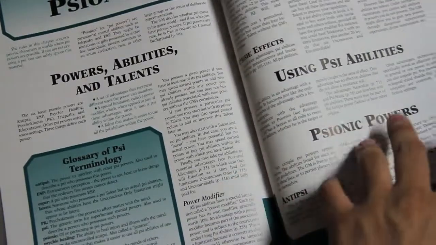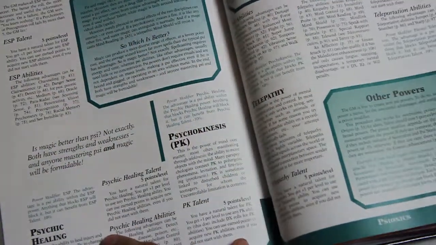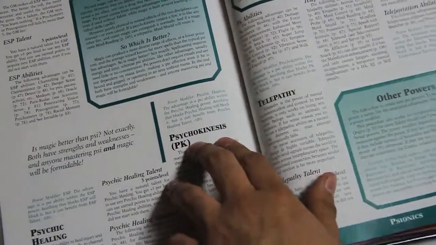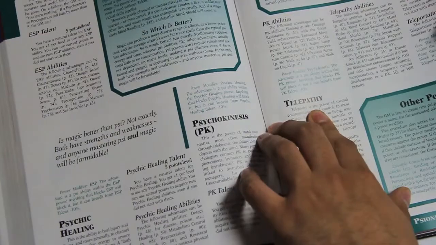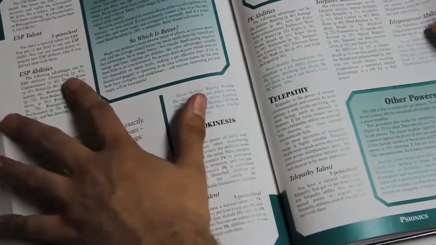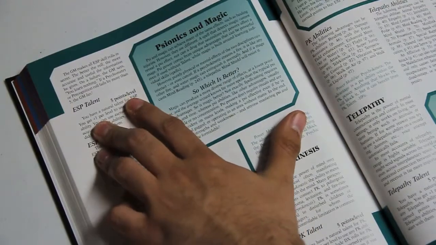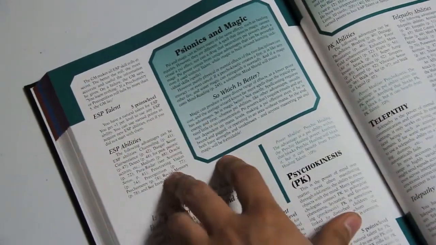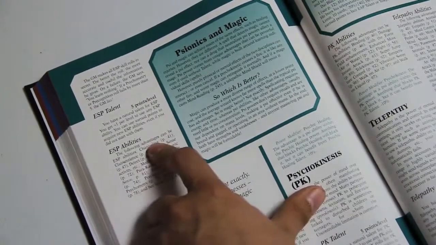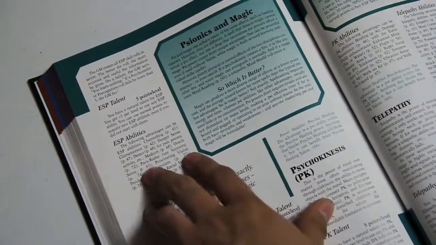And you have different types of psionics: ESP, psionic healing, psychokinesis, telepathy, teleportation. Within each of those, other than anti-psi, you also have a talent, which you can essentially put points into to become better at those. And psionics work using the advantages in the blue section here, where you might have the advantage,